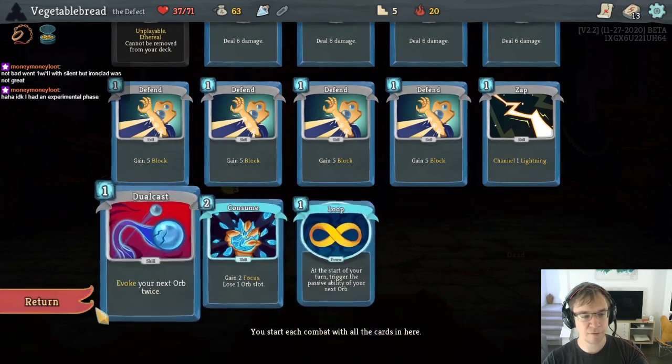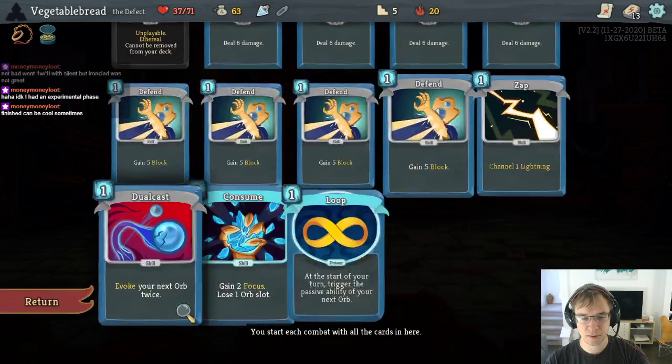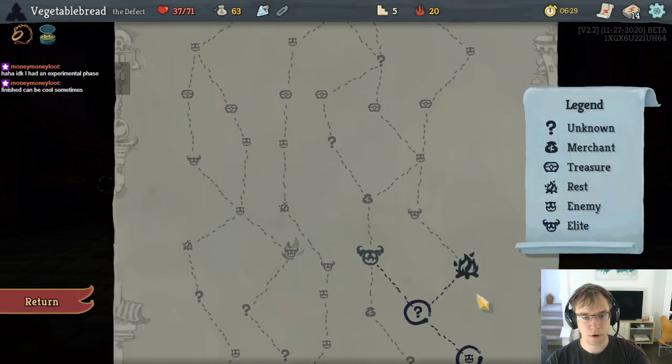We're gonna need a Frost Orb, so Cold Snap is a good way to start that. Sure, let's grab it. Alright, and we don't want to go to the shop, so we're going to go to the...